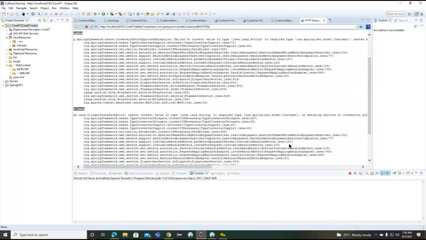Illegal state exception we are getting here: failed to convert the value of type java.lang.String to object type. So maybe we are getting customer as an object here.